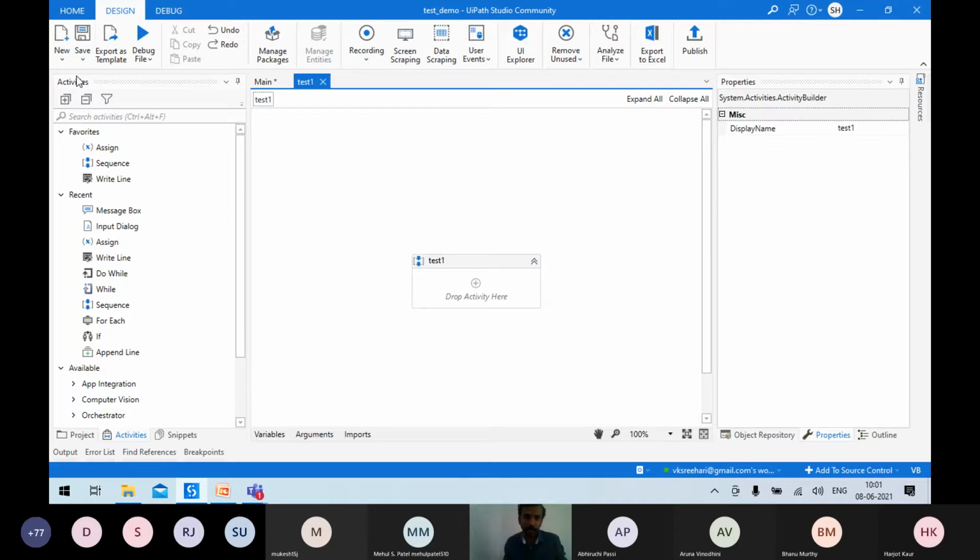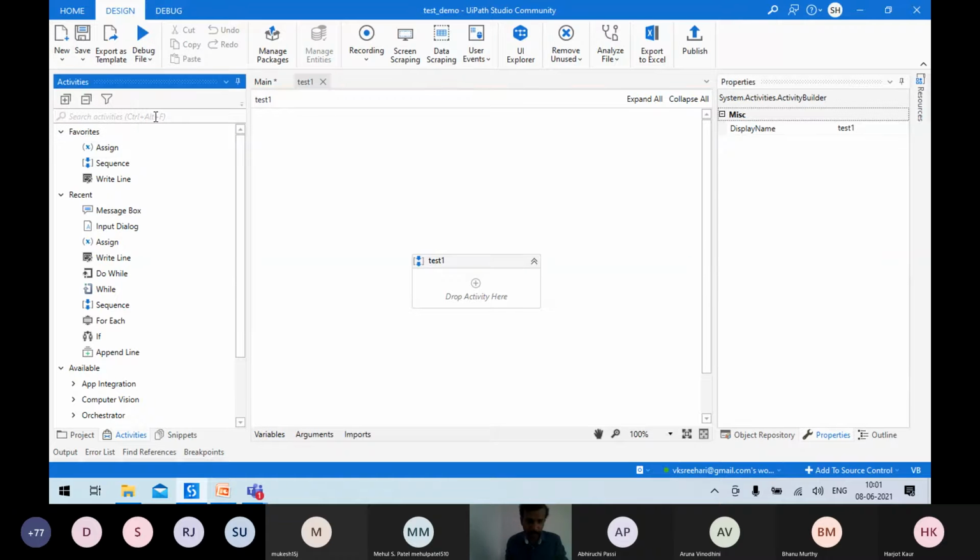And after that, last time what happened is that I had already created a sequence and it was there. So that is the reason I missed it out. So you just take New, click Sequence, give a name for that sequence and press enter. You will see a window like this with the name you have given.